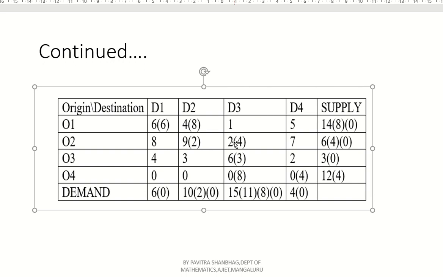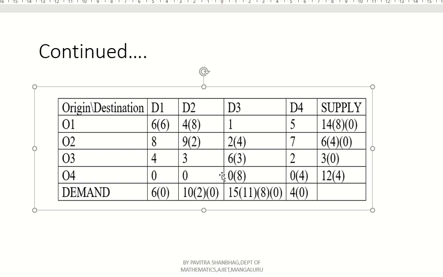Now for this they have given the demand 11, but here 4 is there. Now for 15 and 4, what is the minimum value? Minimum of 15 comma 4 means 4 remains. That 4 you should assign to this one. Then how much remains? Here 0 remains. So this row vanishes. At the same time, you have to subtract this 4 from the total demand. So 15 minus 4 means 11 remains. Write 11 as it is.